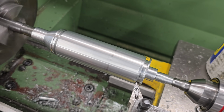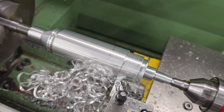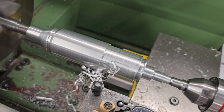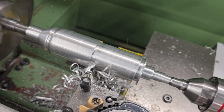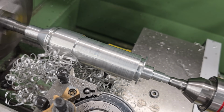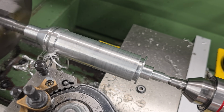With that done, the next thing we can do is remove the waste material from the center, and this little turned down section here will just house the felt. So we're going to be wrapping this core in a small amount of felt, and hopefully that should do two things. Firstly, make the shroud core a little quieter, and secondly, take out some of the metallic ping in the